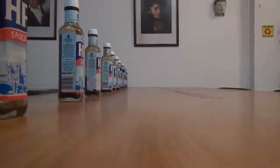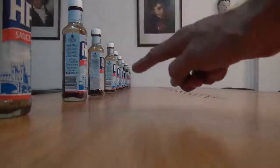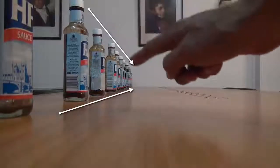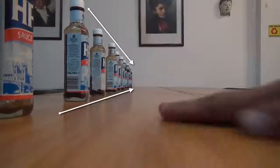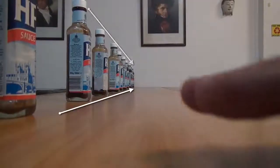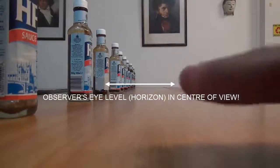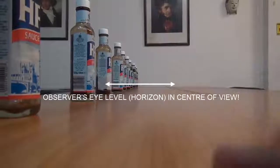People talk about angular size, and yes, there are angles. There is an angle at which these bottles appear to be descending towards the horizon. There is also an angle at which the flat surface appears to be rising up to eye level. It might not be precisely eye level because the table's not very long and we have a wall in the way, but you can see that